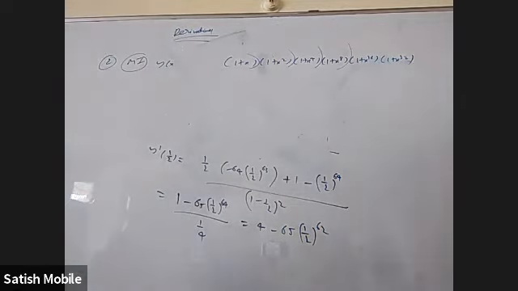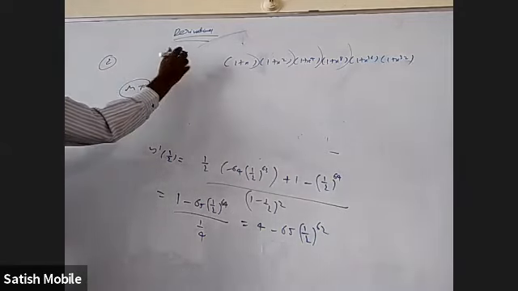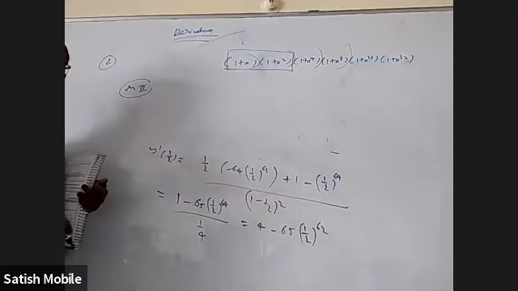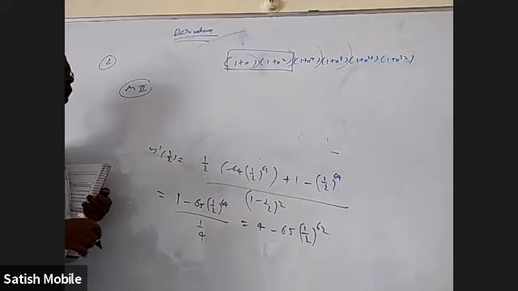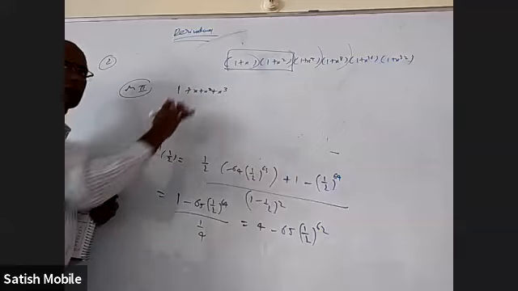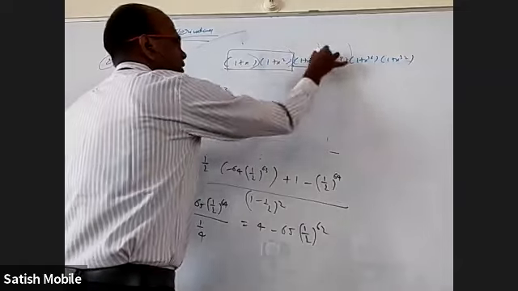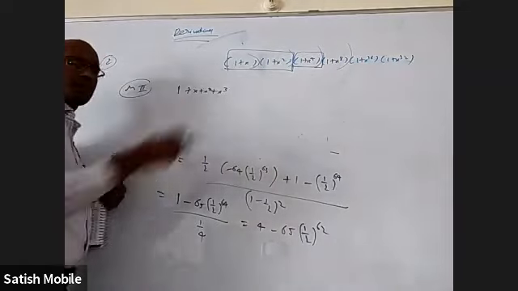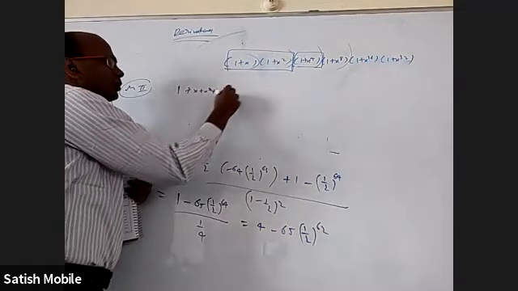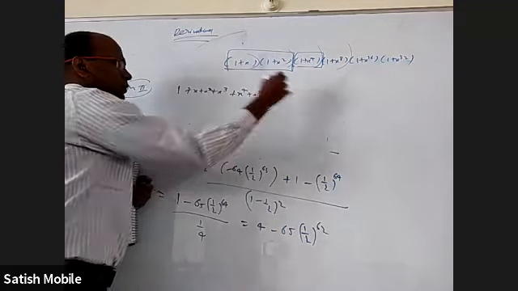Okay, method 2. When you multiply only these two brackets and expand, can you tell me what will come? 1 plus x square plus x cube. Is it? That's the whole thing. Now this one, you multiply with the third bracket and expand. What will come? When you multiply with 1, you'll get all these 4, plus when you multiply with x power 4, you'll get x power 4 plus x power 5 plus x power 6 plus x power 7.